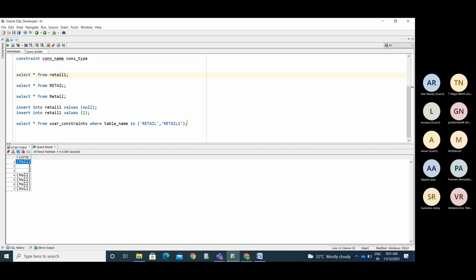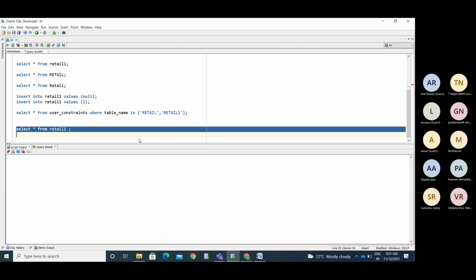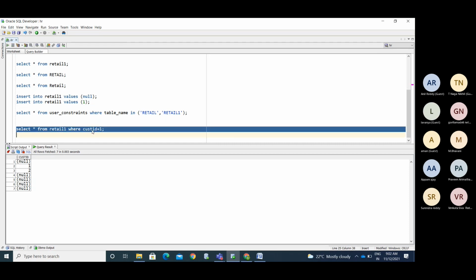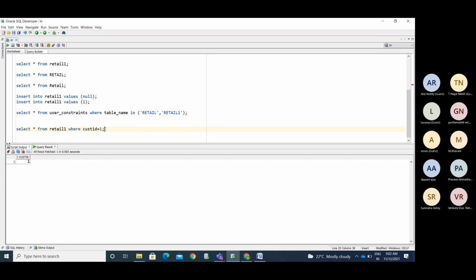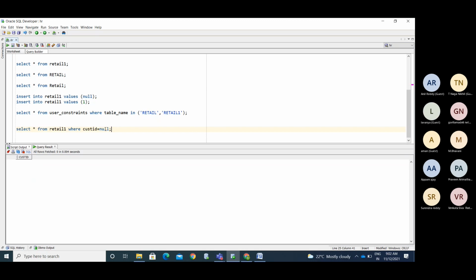Okay, if you want to see that, select star from retail one where the column equals null. I'm reading the data. Now I'm going to insert null and pull the data for null.